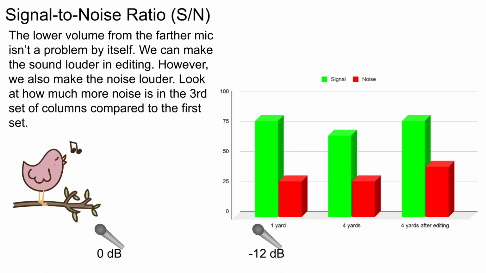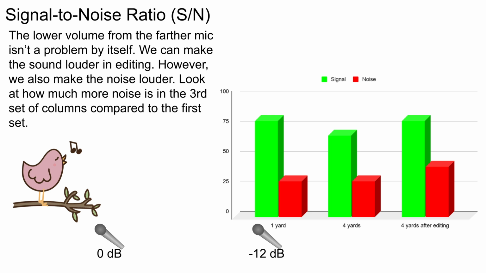So let's see what that looks like on a graph. Again, if you look at that first column, you can see that that's my original recording where I had 80 decibels of bird noise and only 30 decibels of background noise. The middle one we saw earlier, this is what the recording looked like at 4 yards away. But that right-hand column, I have now taken that recording from the 4-yard microphone and I have forced it to be louder. I've used my editing software and turned up the volume on it. I've got my 80 decibels of birdsong back, but now instead of having 30 decibels of background noise, I've got 42 decibels of background noise.